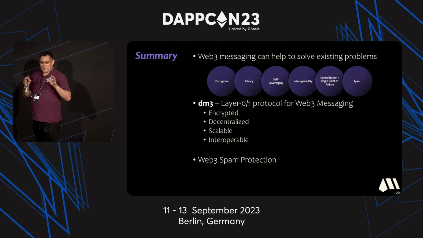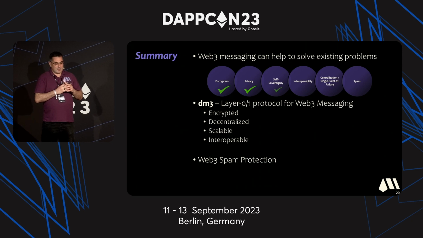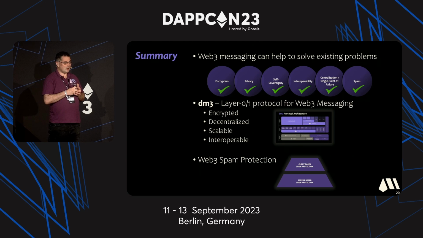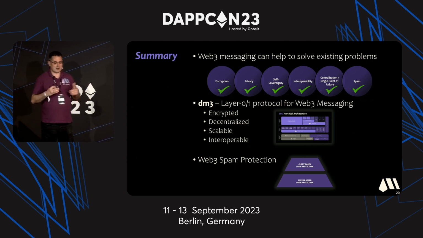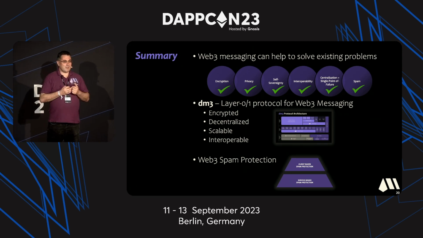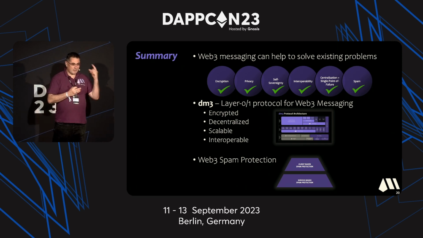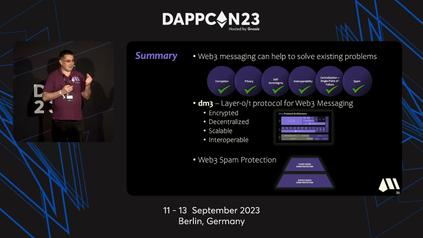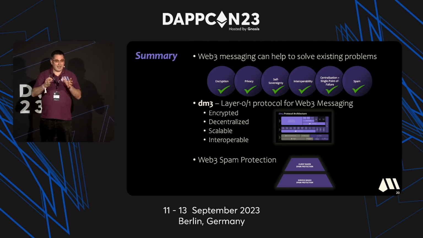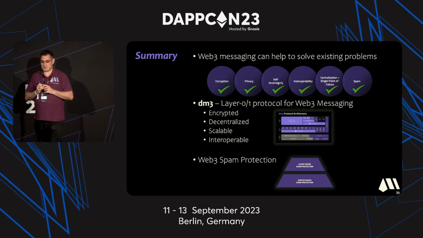Okay, let me give a summary of my talk today. So we talked about the challenges we have in Web 2 and Web 1 messaging today: encryption, privacy, self-reliant interoperability, and so on. And that with Web3 messaging solutions, we can solve these problems very well. But we have to keep in mind, and I repeat it once again, if we try to do it in Web3 separately like it is done in Web 2, we will not be successful. We need interoperability, we need the way that we connect our ecosystems together.